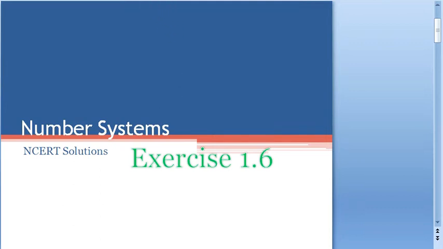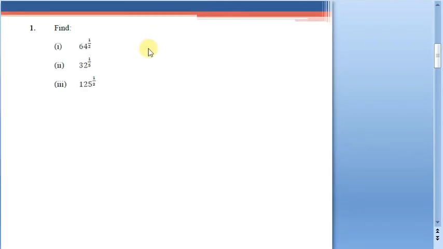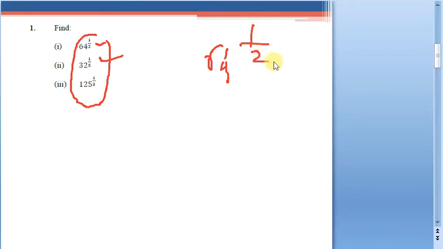So let us start. Before actually looking into the solutions, I will tell you the approach to proceed in such questions. In all these questions, you have a base. Here, 64 is your base and our exponent is going to be 1 by 2. Whenever you want to simplify or find the value of something, always take the prime factorization of the base and represent it in exponential form.